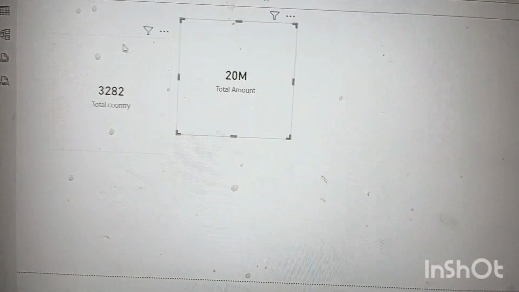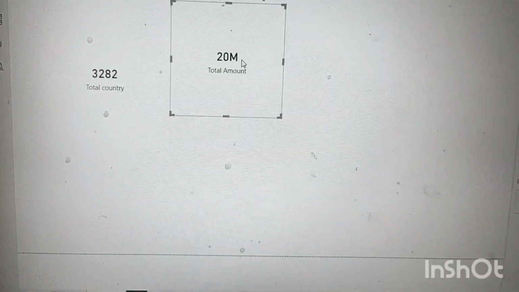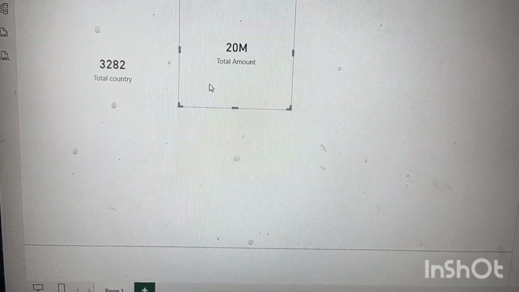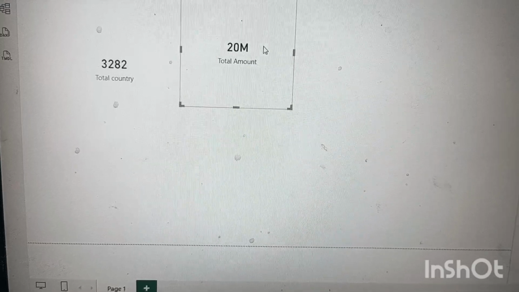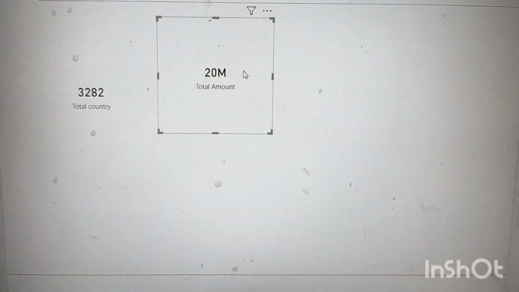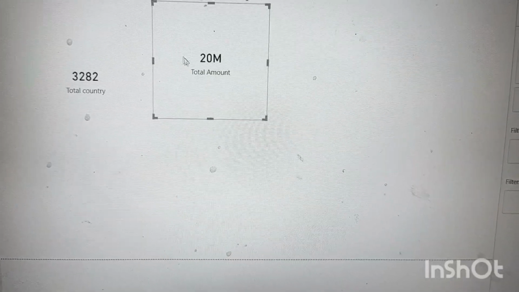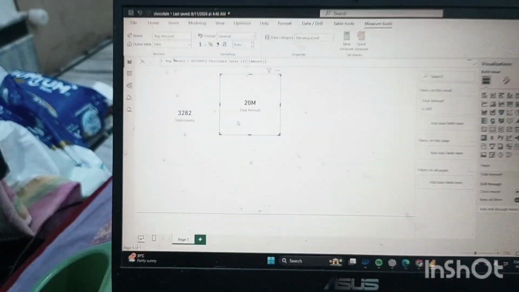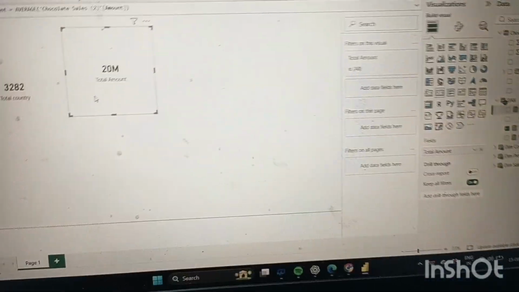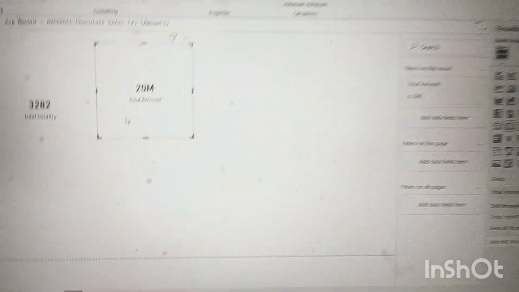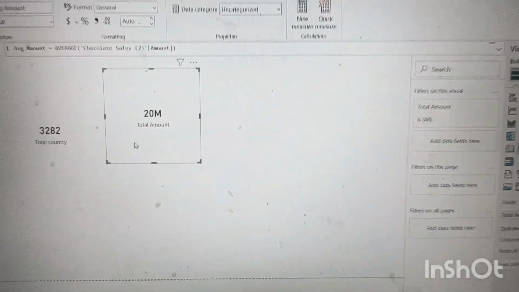Are you watching, guys? This is the magical thing. 20 million. M means million. Total amount is 20 million. Here it is showing. Okay, guys, this one is 20 million total amount. So that's how we can visualize and show our DAX function or measure.